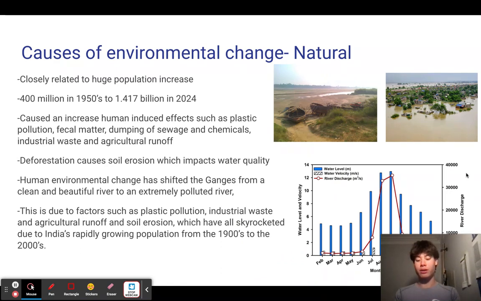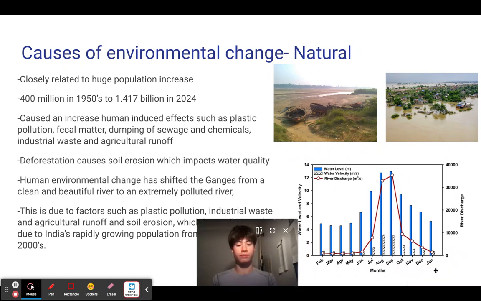The Ganges experiences floods due to monsoon seasons, as seen in the rainfall graph. These floods can cause soil erosion and damage infrastructure, while the level of the Ganges naturally rises and falls due to monsoon season and dry seasons. The effects of climate change are worsening and making these changes more extreme.